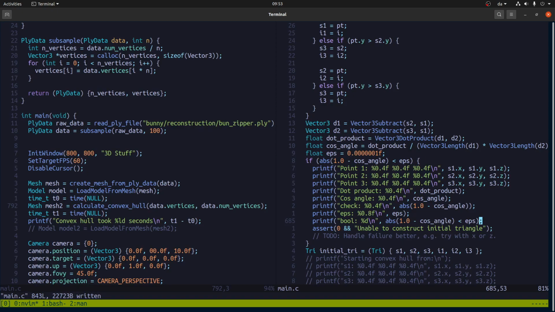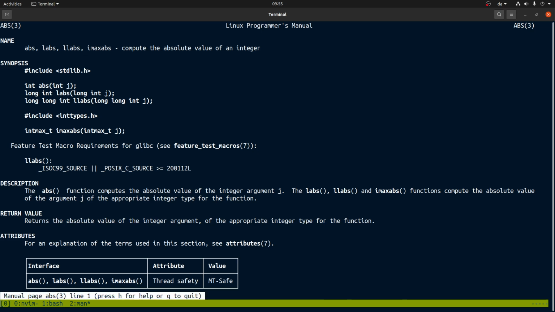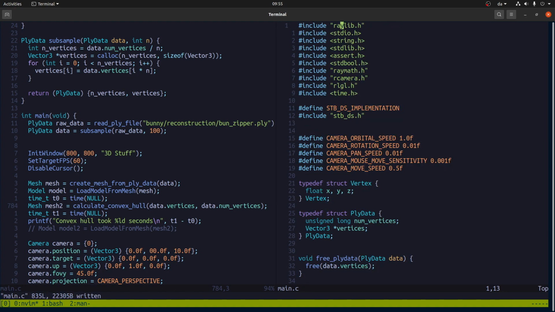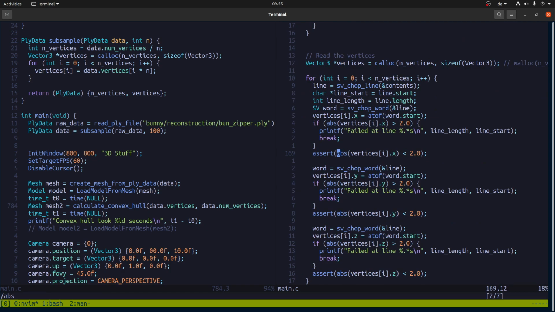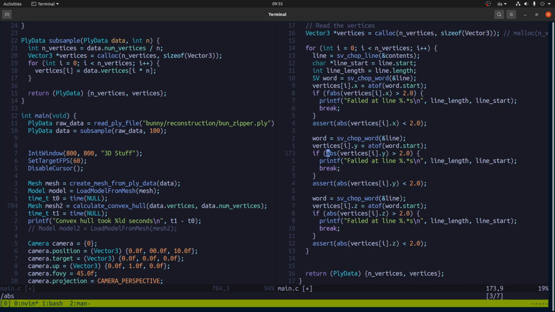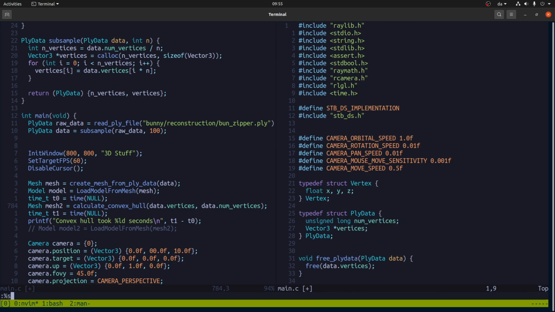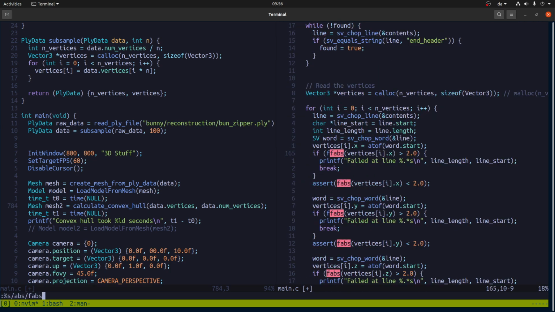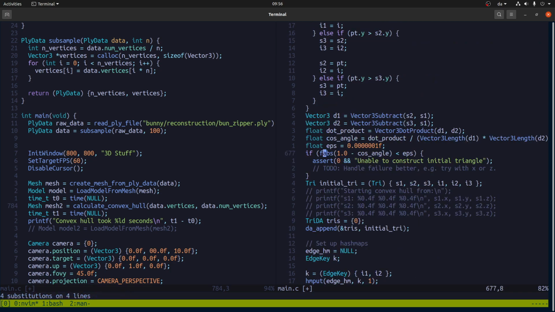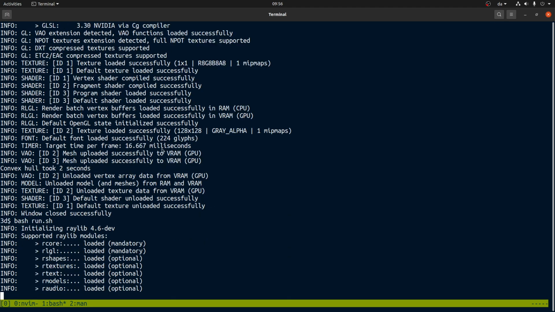What? Okay, turns out that abs is for integers. So that's great. And we have some here as well, and that's probably also wrong. So let's go ahead and go over the full file and say, let's replace it. And let's check, not that one, we did that one. No, yes, yes, yes, no, okay. Now, if we run